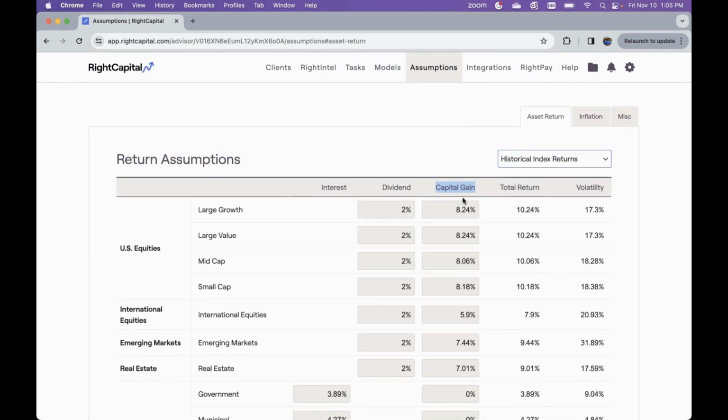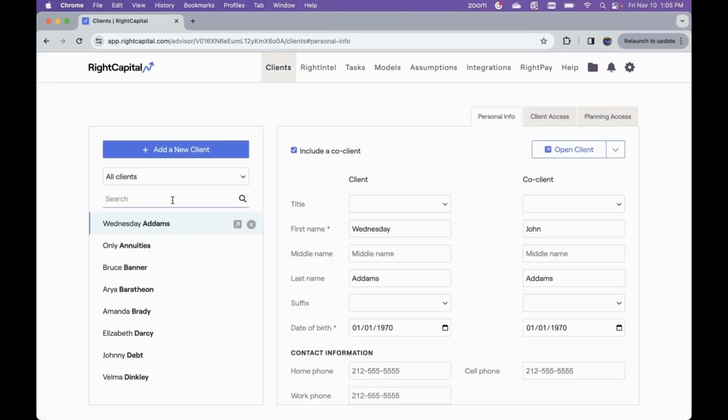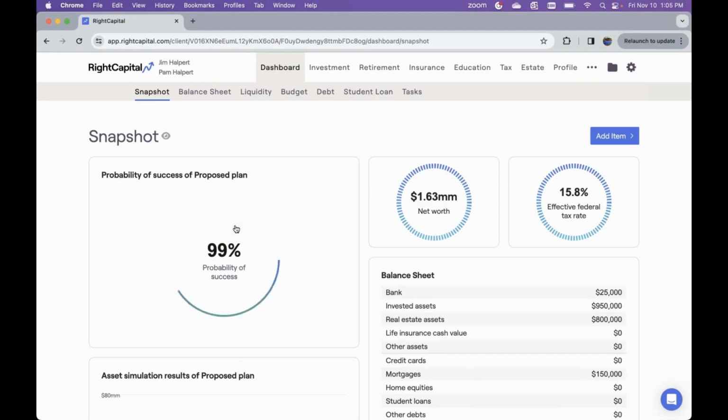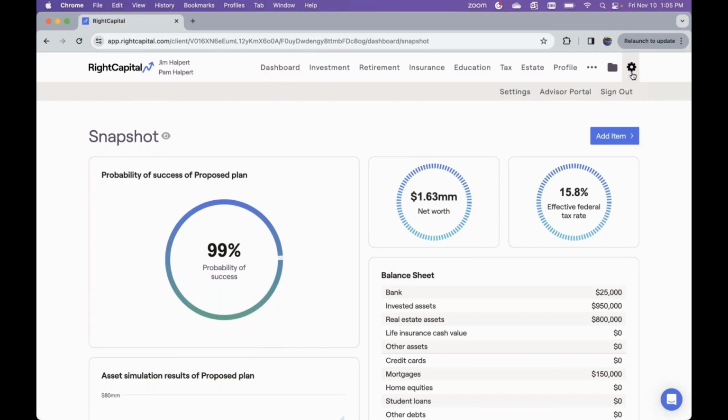And once you get these assumptions set to how you want to indicate them, if we just open up our sample client plan, today we're going to be looking at the Halpert family. Some additional things that we want to ensure are set up how we want it to be for this particular client plan is, as I mentioned earlier, when you're in the advisor portal under assumptions, you're setting that global level